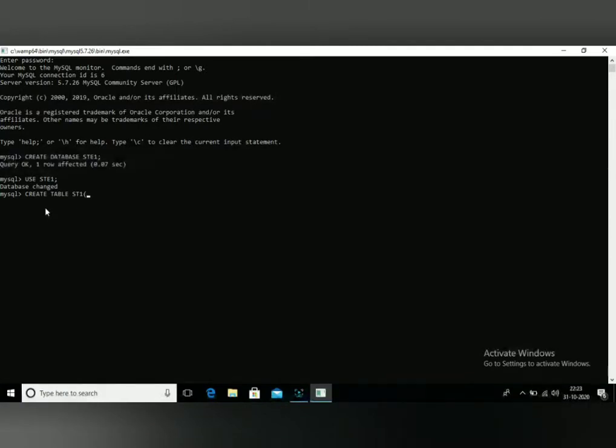Entering the fields means, for example, in your practical you have one exercise on employee details. Here I'll take the same, for example employee number. I'll give employee number. For employee number we give the data type. The data type is integer. So we give integer. Do you know the syntax? First we give the field name, then we give the data type, then we give the size of the data type. For example, I'll give 4 or 5, any number. So here I'll give 4.